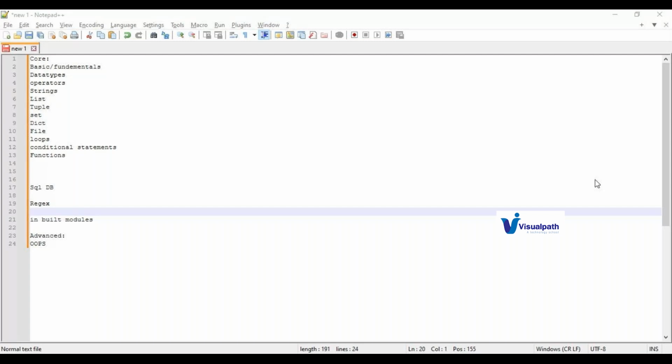Okay. So when it comes to the advanced part of Python, what are you going to cover? I see that you have just listed out the core part. No, I have listed advanced also, but I simply wrote object-oriented programming. Advanced Python is all about object-oriented concepts.